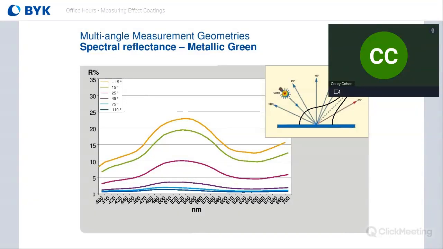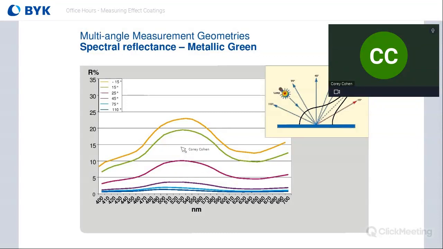using a multi-angle spectrophotometer. And so here with these spectral curves, we can see that they have the same general shape. We're getting lots of absorption in most places except this green range. So again, this is a green color. It does still have green absorption pigments in them. But due to that metallic flake, the lightness is changing depending on the viewing angle. We're getting some of that light dark flop. And that's why, even though these curves are the same general shape, the overall reflectance level is changing depending on